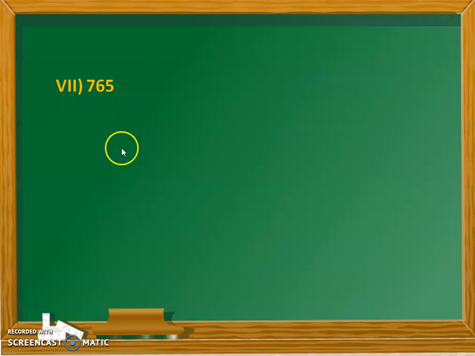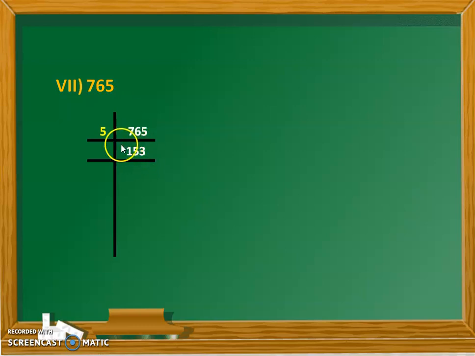Let's take one more example from this practice set 11. Here this is the 7th question. Again we are going to make this vertical arrangement and we will write this number. Now first of all we will check our unit place. Here we have 5 at the unit place, which means it will definitely divide by 5. So we will start dividing by 5. 5 ones are 5, 2 will be carried, it will become 25 and then again it will go. So the answer we are getting is 153.